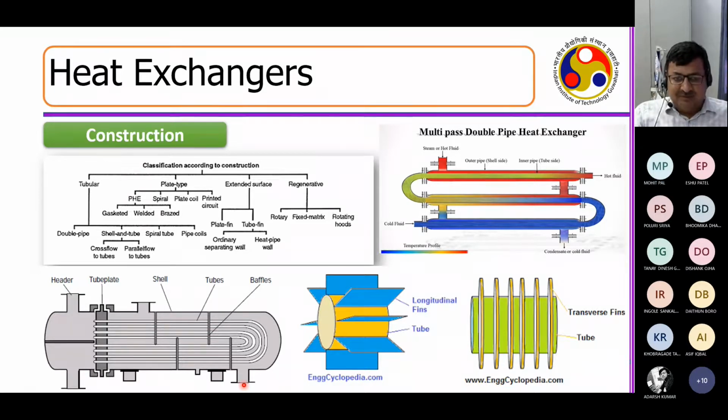So apart from giving mechanical stability to the structure, you also make use of the presence of the baffles to make the flow more zigzag, and then generate local turbulence, and from there you extract a higher heat transfer coefficient. Your idea is now you have to improve the heat transfer coefficient. Once you have established a heat exchanger, the more the heat transfer coefficient, the faster the rate of heat transfer, the smaller the device. Smaller device means lesser cost of the device.